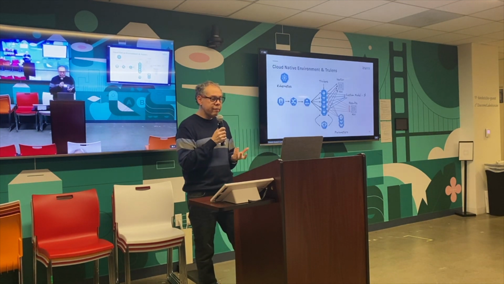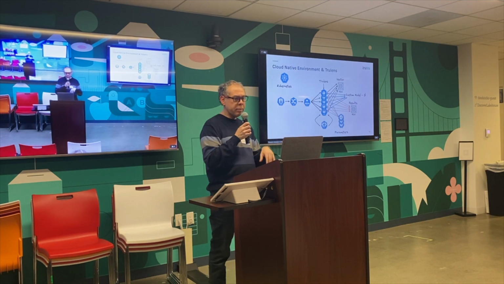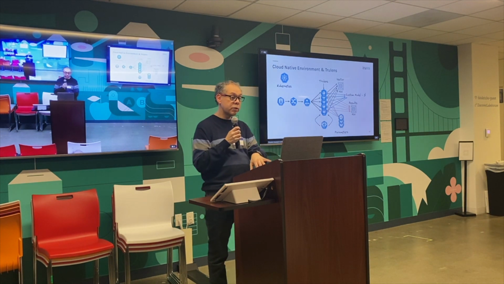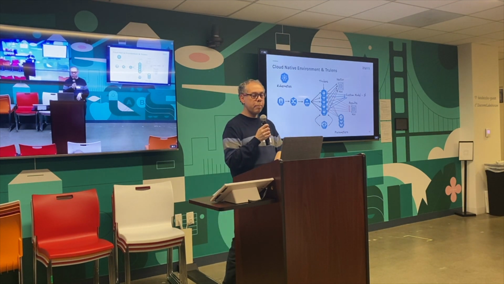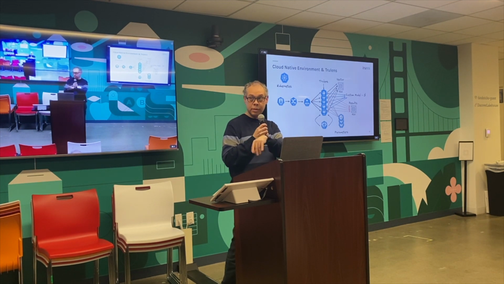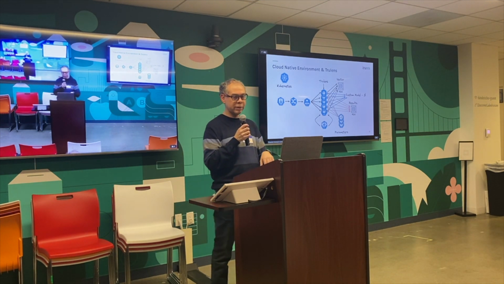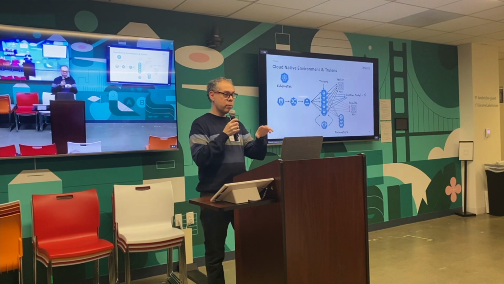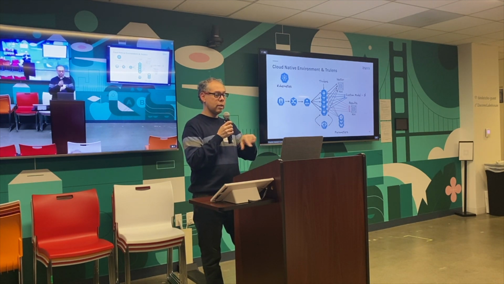So in a cloud-native environment, why is this all important? Because in a cloud-native environment, you will have this high scale, and running on top of Kubernetes, a user coming in through an ingress controller, you will have something like TrueLens, scaling up and down using a horizontal pod autoscaler. And in the back, you will have your vector database, which we talked about before in some of the other sessions here. You will connect to a model,